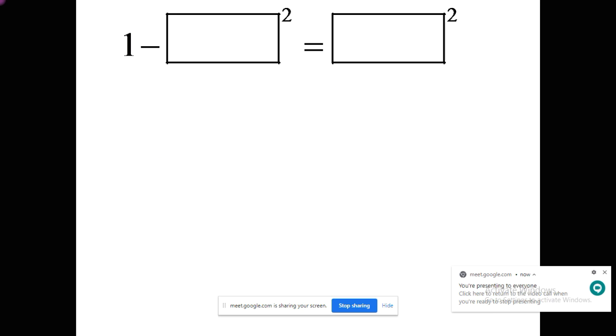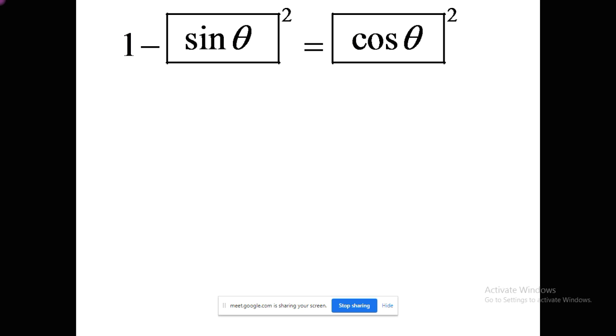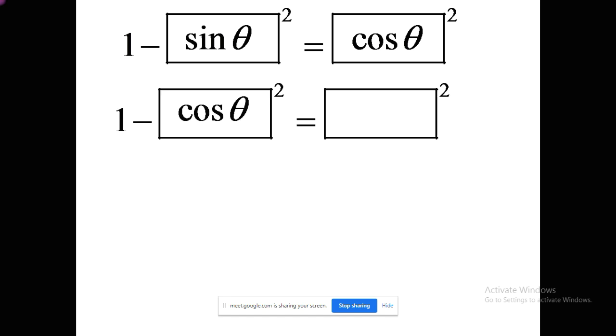In that format we have to place the values of trigonometric ratios in the first square bracket and in the second bracket. In the first box it should be sin theta and then it will be cos theta, as 1 minus sin square theta is equal to cos square theta. Some of you might write cos theta first and then sin theta. That is also okay. This is also a correct form.